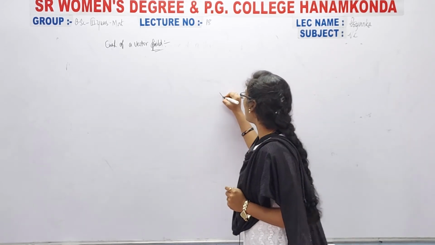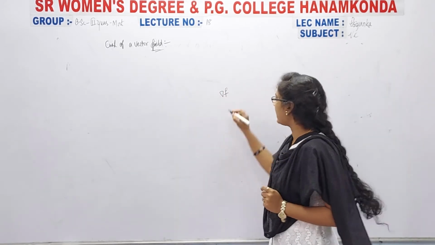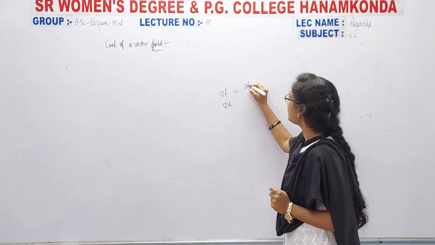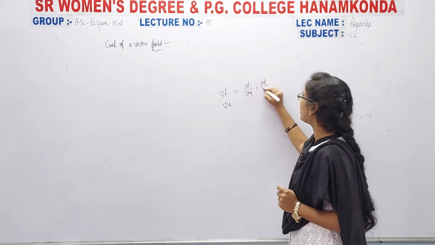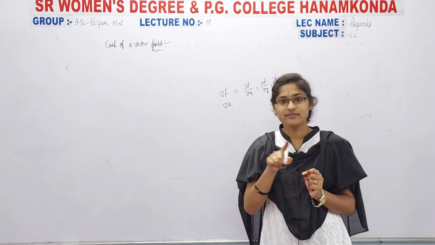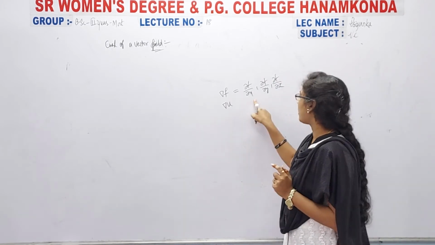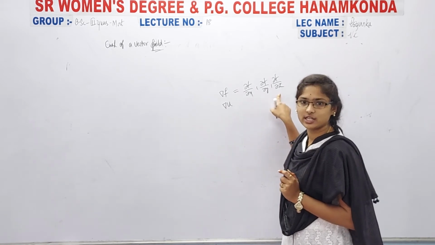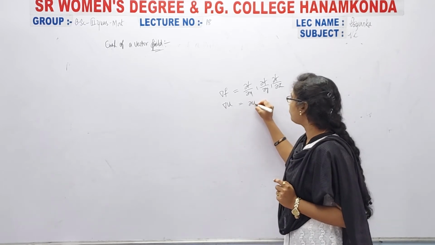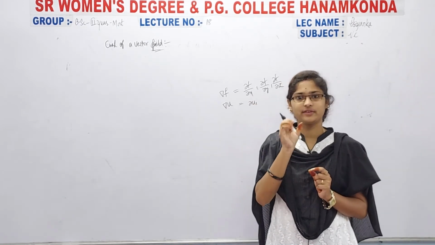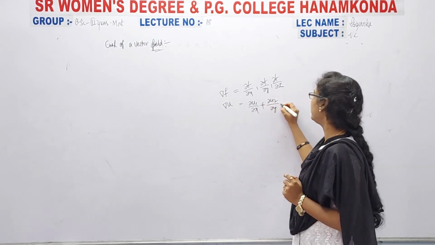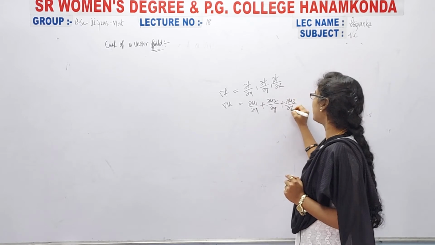Grad means simply we are denoting with this, right? Grad and the divergence both are similar, but for the grad we take dou f by dou x comma dou f by dou y comma dou f by dou z. We differentiate the entire function firstly with respect to x, next with respect to y, then with respect to z. But coming to the divergence, we only consider u1, the first term, and differentiate it with respect to x, plus dou u2 by dou y plus dou u3 by dou z.